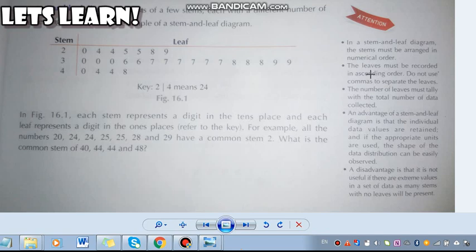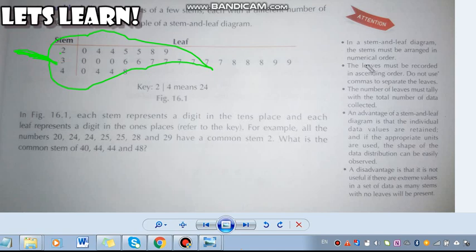So here, if I look at a leaf, the stem looks like this and the leaf looks like this. The leaf is connected to the stem. You see that all the numbers in the leaf are connected to the stem. The stem is not repeated again and again. One leaf has only one stem. If you see that all the numbers in the leaf have the common stem, so we won't write the stem again and again. So I hope it's clear to everybody.